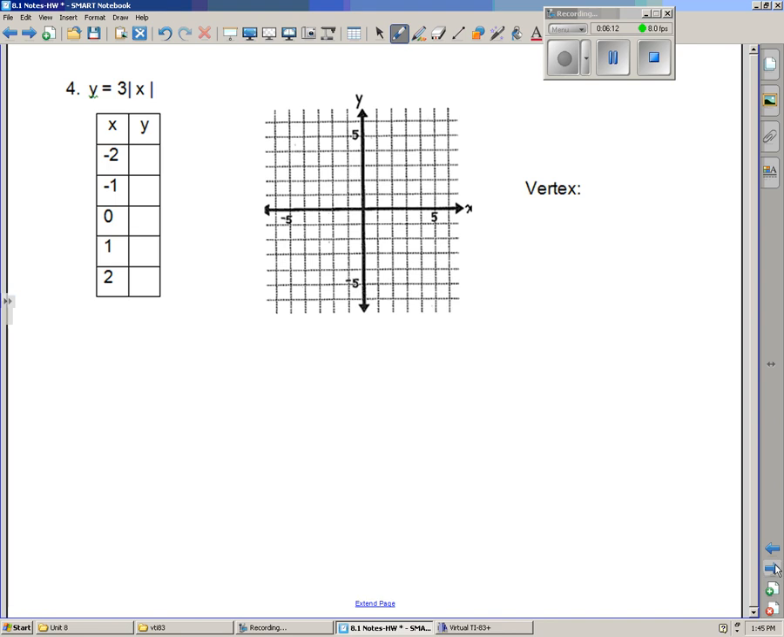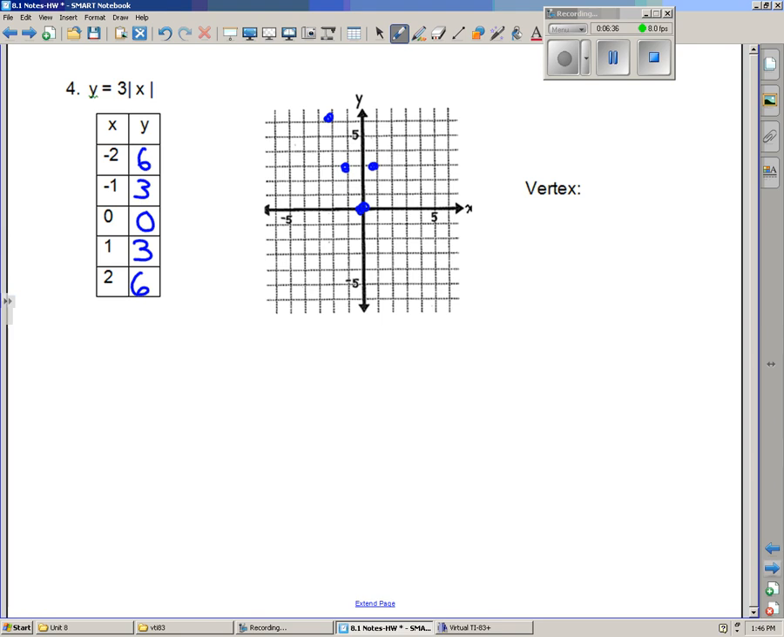The absolute value of -2 is 2. 3 times 2 is 6. The absolute value of -1 is 1. 3 times 1 is 3. The absolute value of 0 is 0. 3 times 0 is 0. Absolute value of 1 is 1. 3 times 1 is 3. Absolute value of 2 is 2. 3 times 2 is 6. So we've got -2, 6, -1, 3, 0, 0,